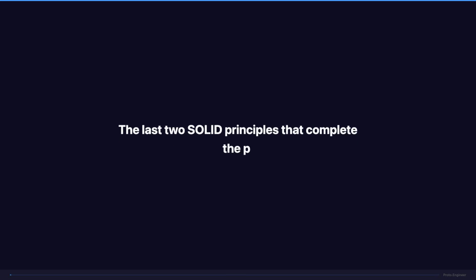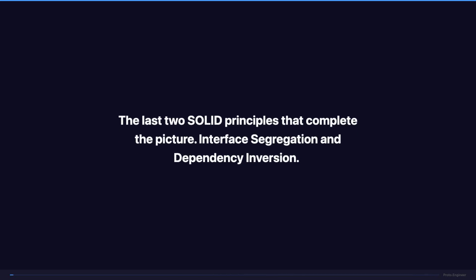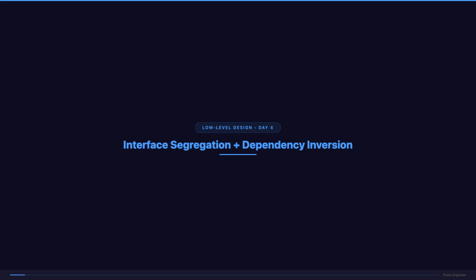The last two SOLID principles that complete the picture: interface segregation and dependency inversion. These are what make your code truly flexible and testable. Interface segregation plus dependency inversion. Low-level design, day 4. The interface segregation principle says no client should be forced to depend on methods it does